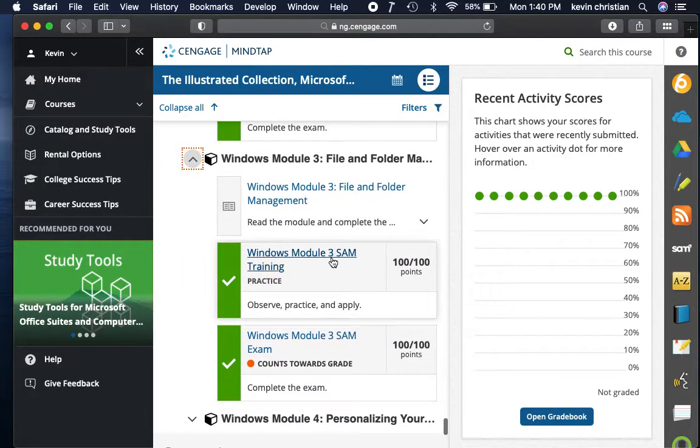And you have the practice one. So I would recommend, if your instructor has it set up this way, where you can do the practice one and then you do the exam that counts towards the grade. The practice one is almost identical to the exam. If they have it set up that way where you get to do the practice one, then the exam,